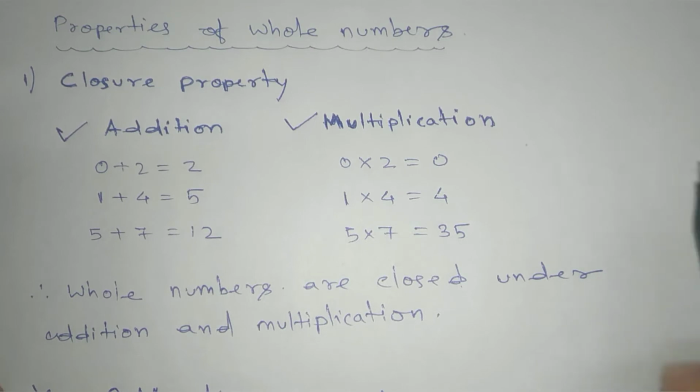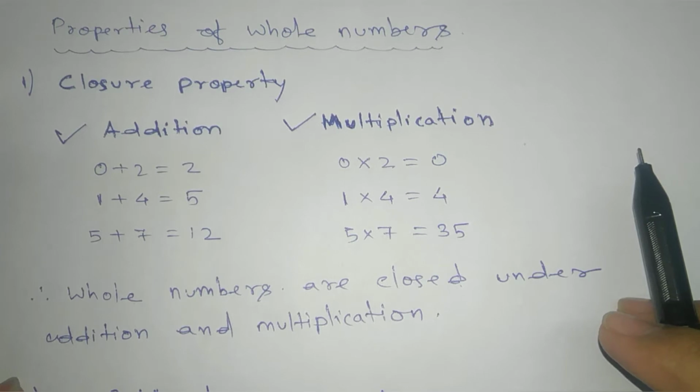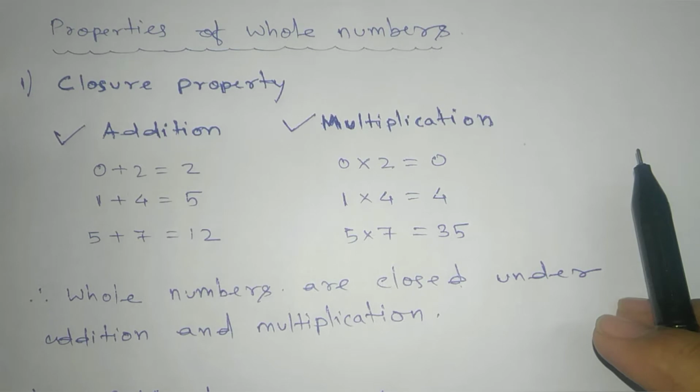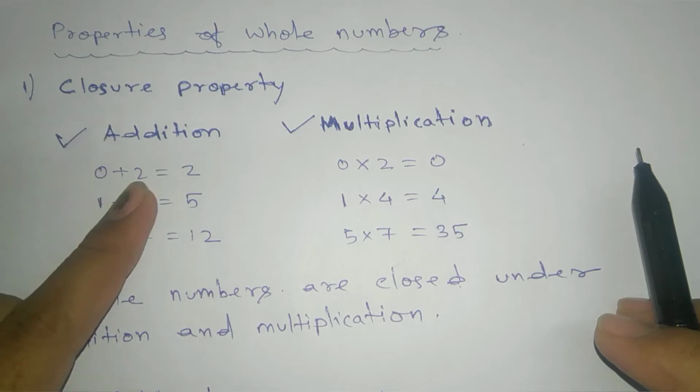Namaste students. Here we have the next topic, that is properties of whole numbers, chapter Whole Numbers, class 6. So here the first property is the closure property. Closure means closed. That means if we take two whole numbers and add them, so here 0 is